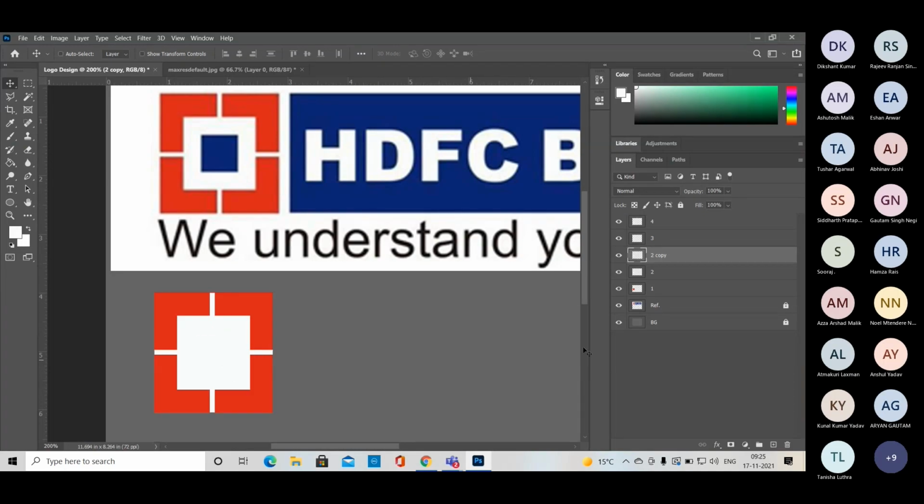We cannot do it again and again to make different selections. Suppose we want to select this layer, we just Control and click, and we have a selection of this layer. Control D for deselect, right?